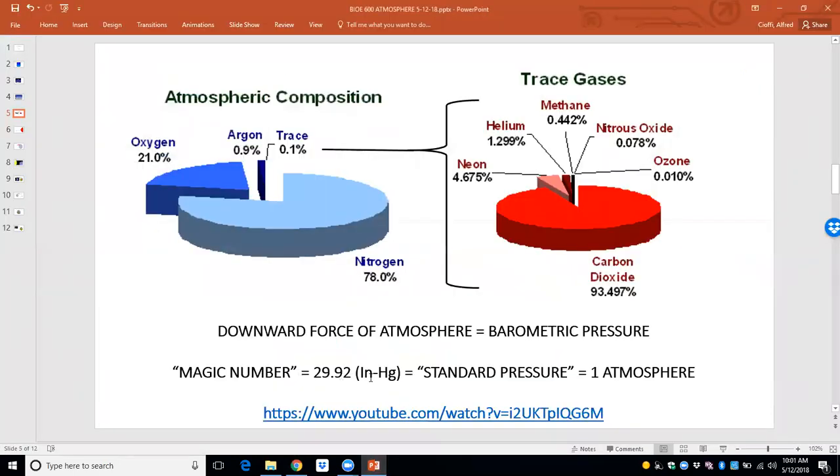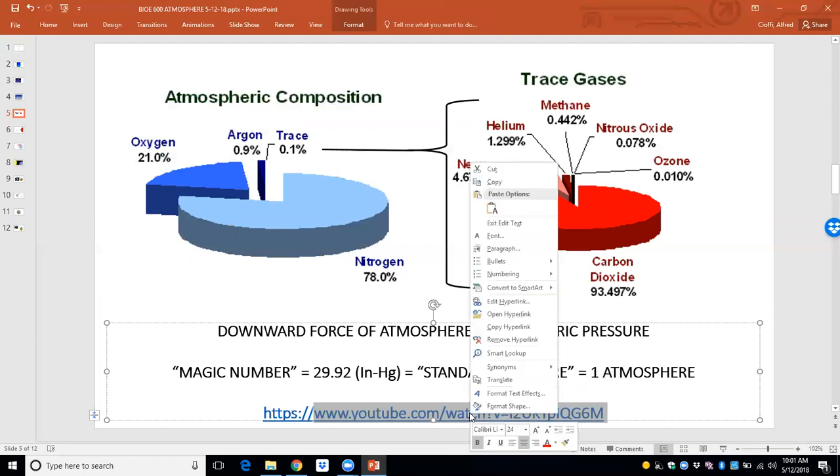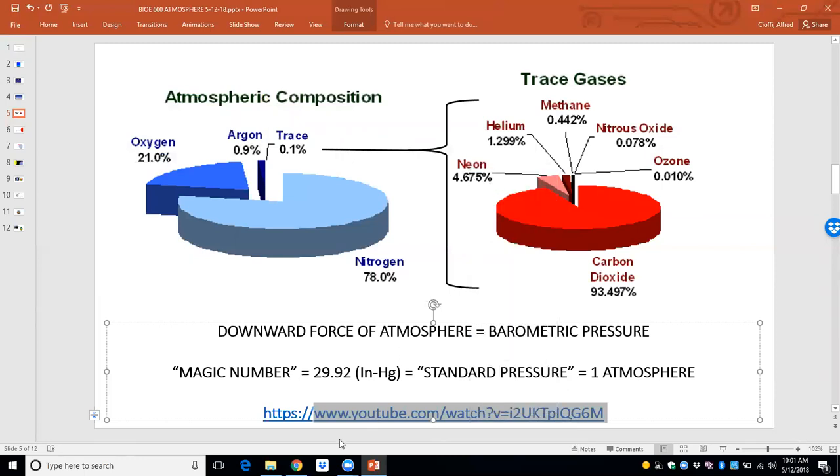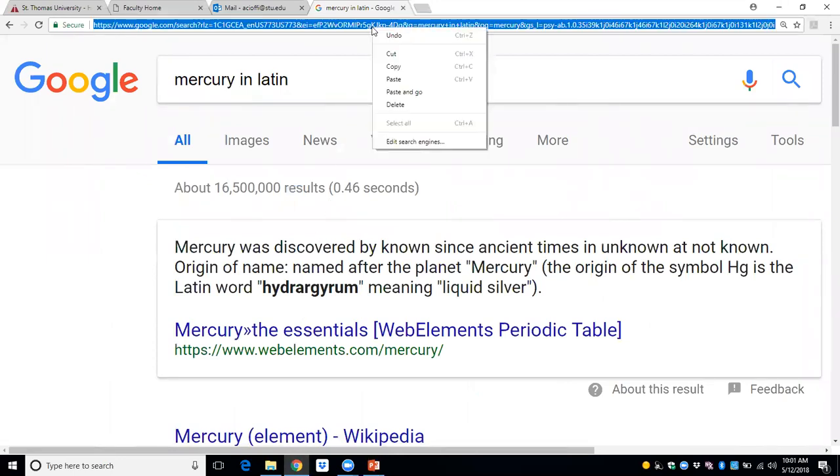Inches of mercury on the barometer. Worldwide? Yes, it has stuck, because that is the standard unit. So here's a little couple-minute video of a fellow explaining this. That was interesting. It's a young fellow. We'll have these links if you want to use them later on for your classes.